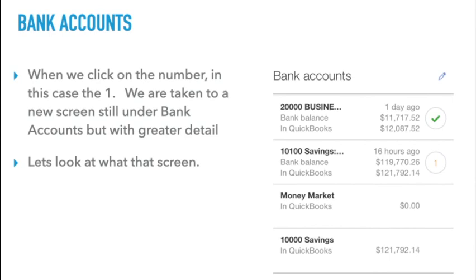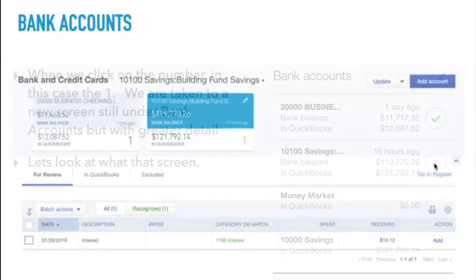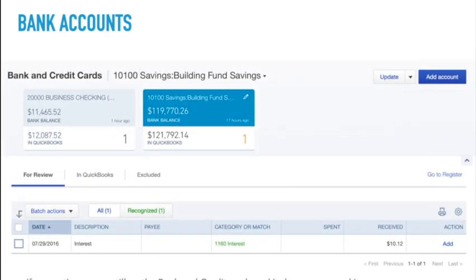When you click on the number 1, in this case that we have here, a new screen will appear with greater detail. Let's take a look at it. The detail of the bank account now shows us balances in both QuickBooks and the bank, and it also shows us the transaction that just arrived, the number 1 there, in this case an interest posting that we can add.